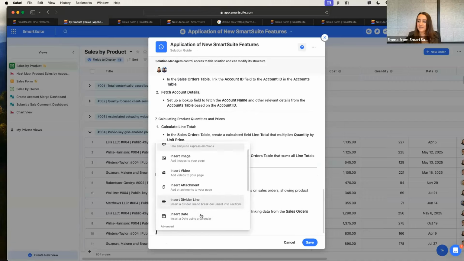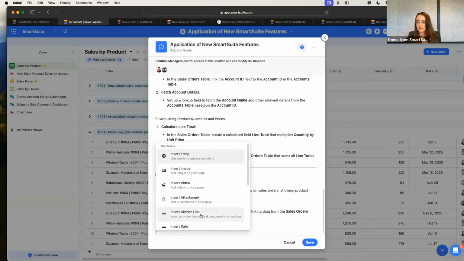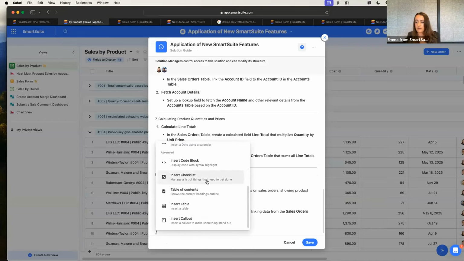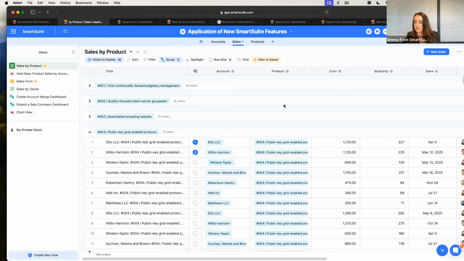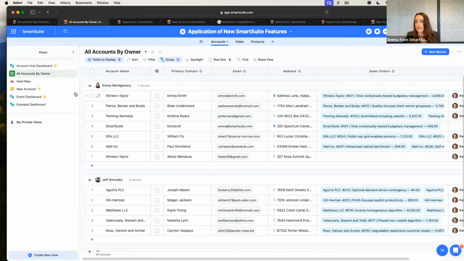Continue on. Note that this is basically most of the features of a smart doc. People can put onboarding videos or SOP videos. Here's how you do this. A video screen share of how to do it actually in SmartSuite. So I think we all miss this feature sometimes, and there's definitely ways that I could use it more as well. So I think that wraps up everything I was hoping to show you today, and we will be happy